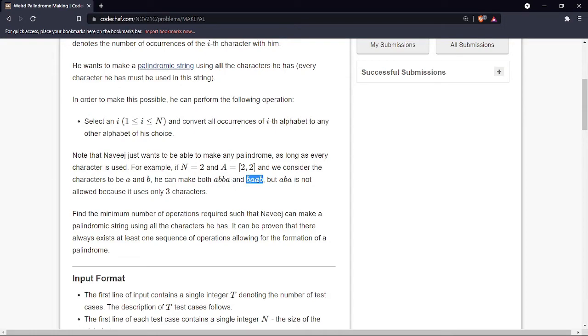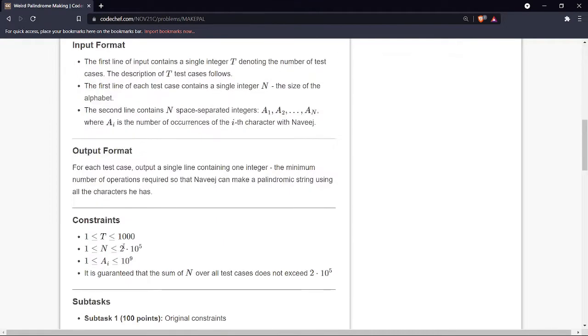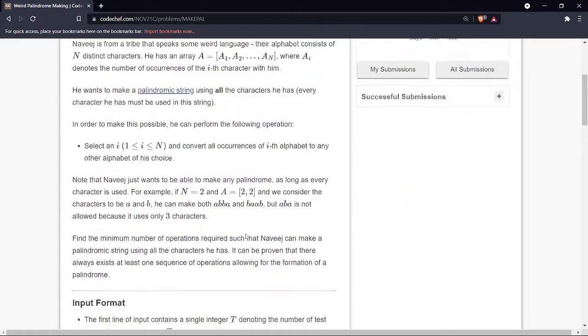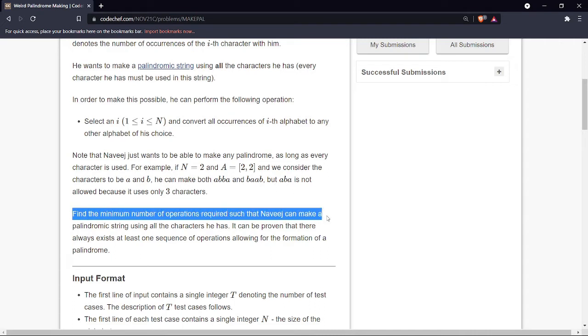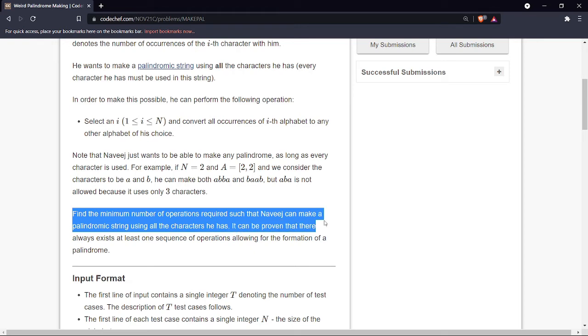we do not have to make the palindrome. We do not have to print the palindrome. We have to print the minimum steps required for the palindrome. That is, find the minimum number of operations required such that Navaj can make a palindrome string using all the characters he has. It can be proven that